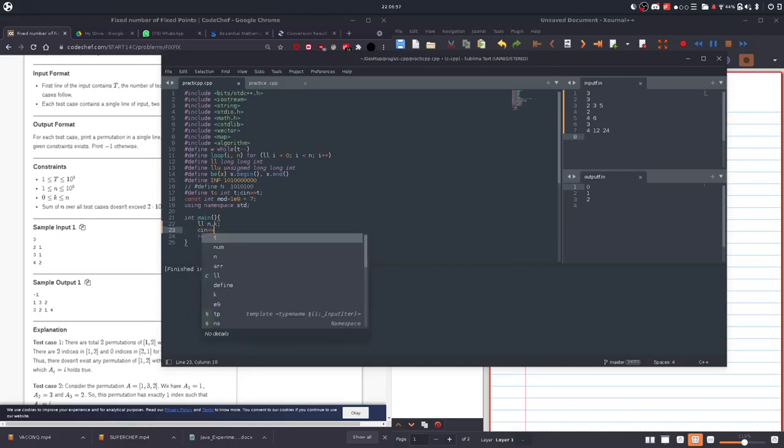So we're going to do long n, k, and before that we take ll t, same t, while t minus minus.